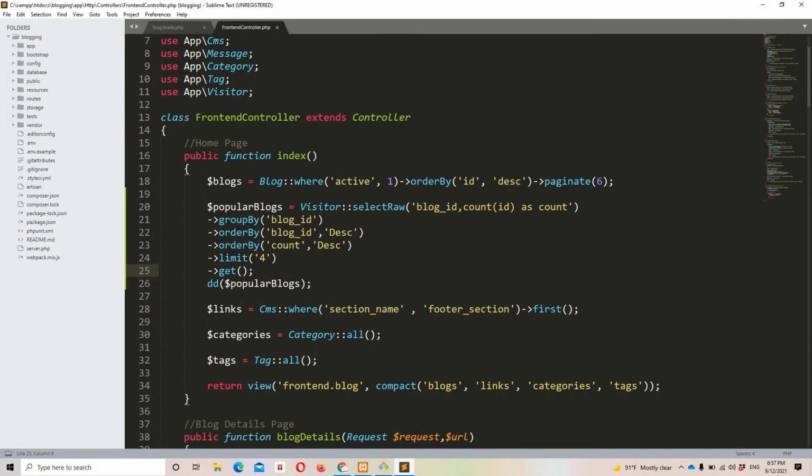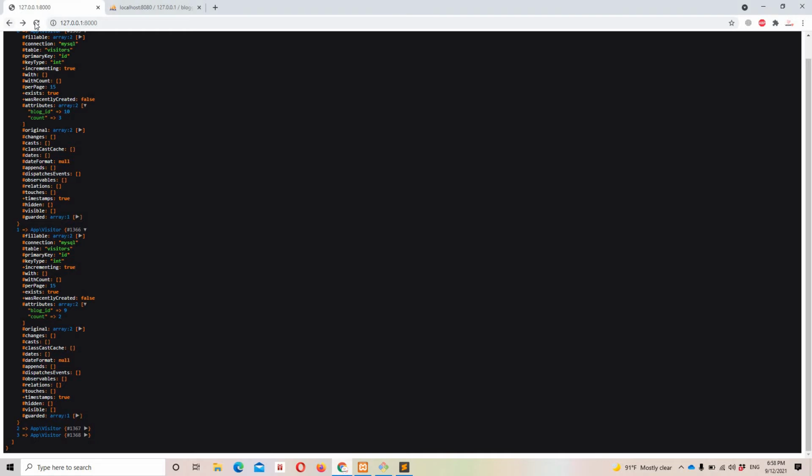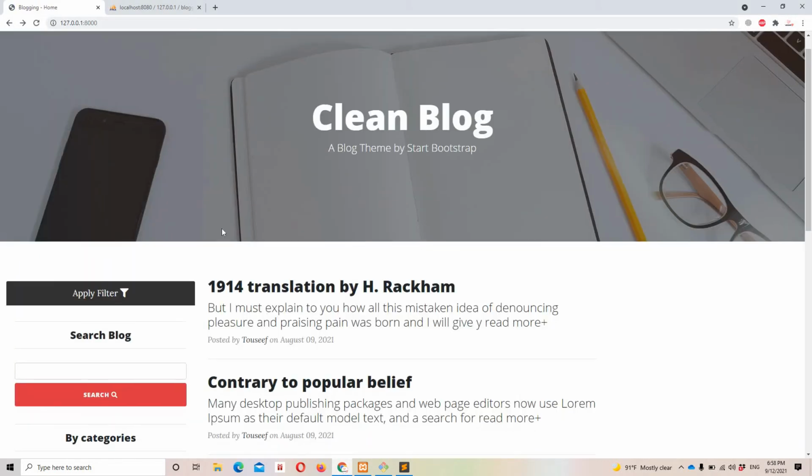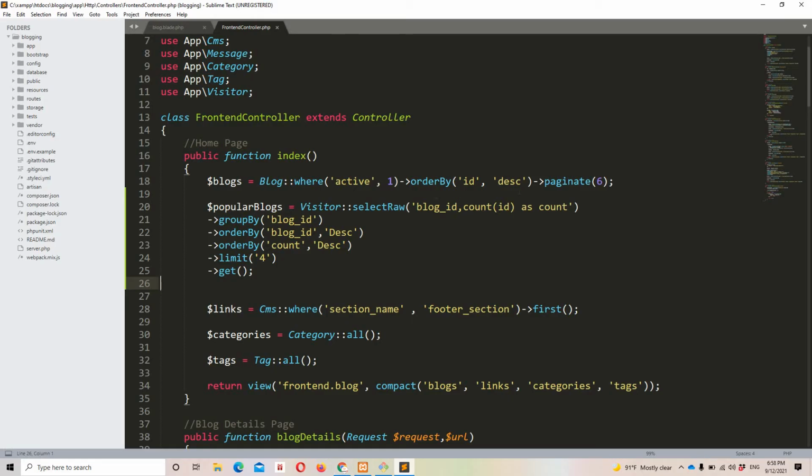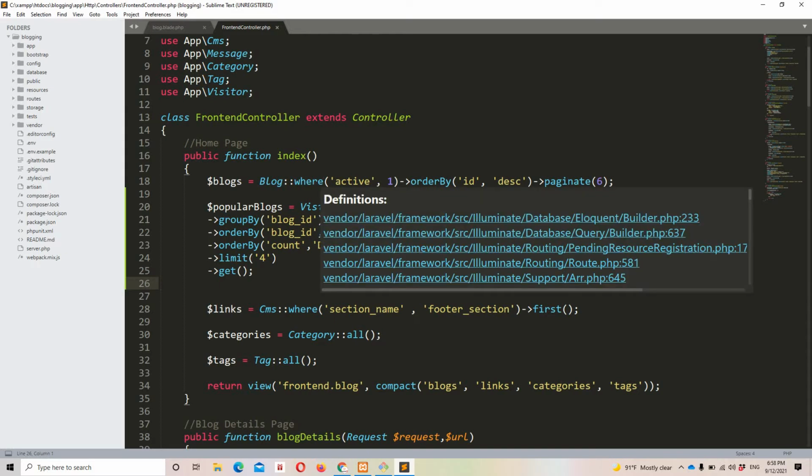Now what we need to do is we can simply pass it to the view and fetch it. But guys, in order to display all these records on the front end right here, I need to get all the blogs. In this specific case, we don't have all the blogs. As you can see, we are implementing the pagination and we are going to have 6 records per page. So in this case, we don't have all the records or all the blogs.